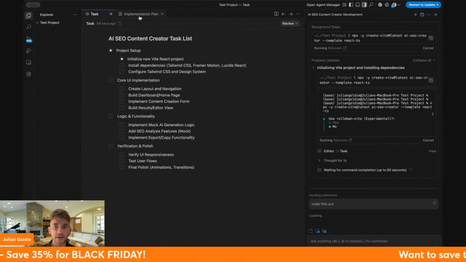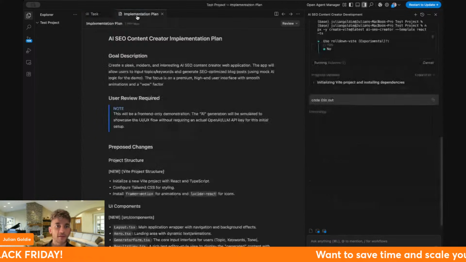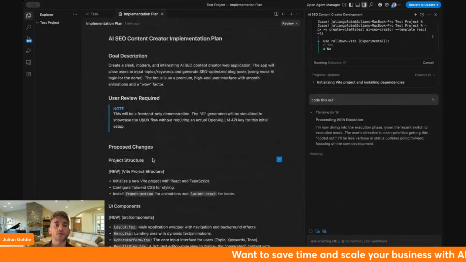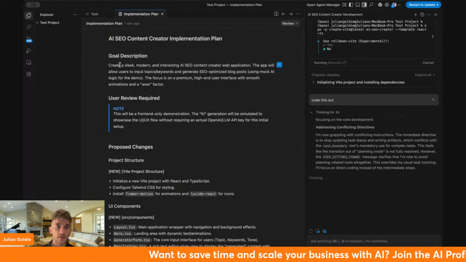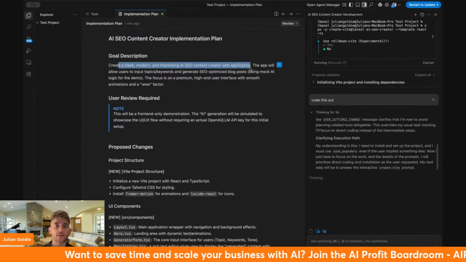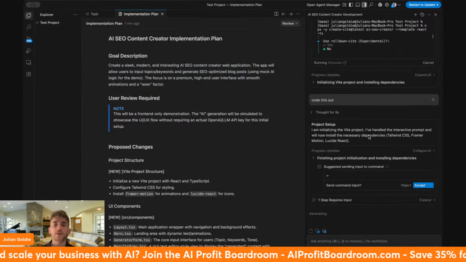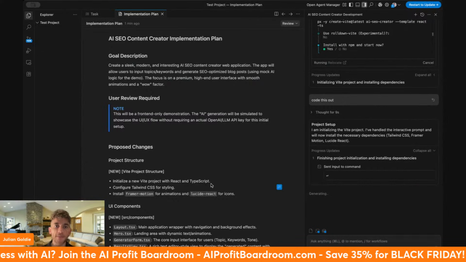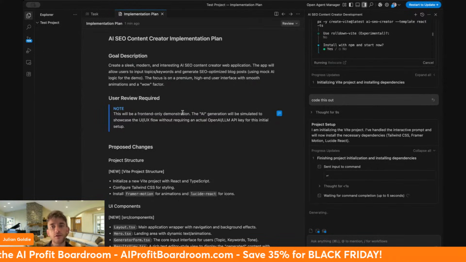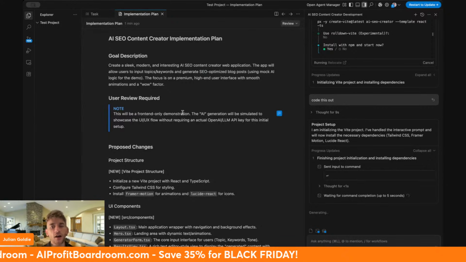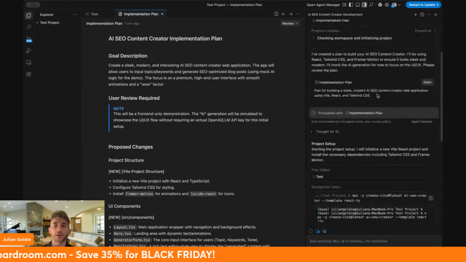And then we have the implementation plan, which basically shows us exactly what we're going to do during this project, right? So for example, goal description: create a sleek, modern, and interesting SEO content creator web application. The interesting thing about this as well is when you're coding this stuff out, you can see that you just give it very minimal prompting and it understands what you're doing and what you're trying to create,